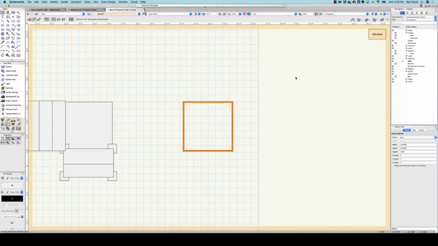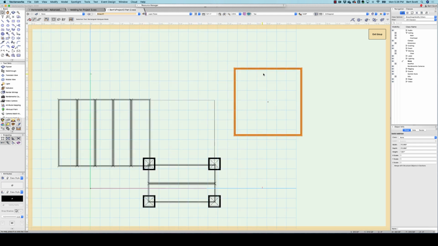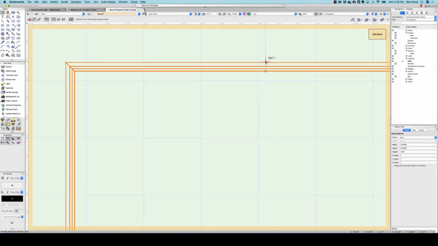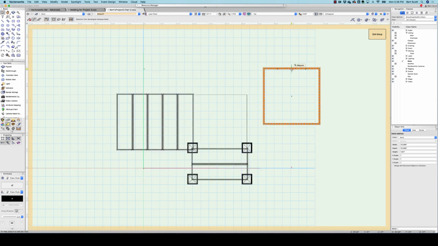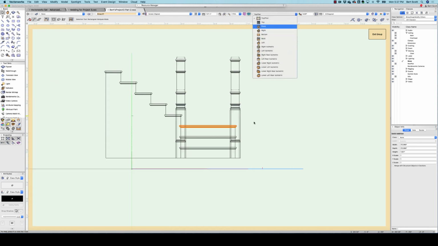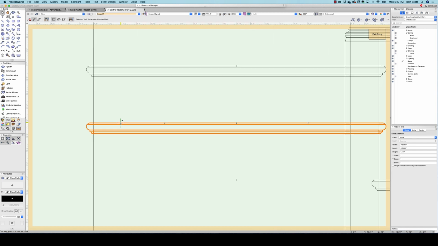Or maybe top plan. Yeah, top, not top plan. Right. So we're going to grab this by its midpoint, and this is the internal midpoint of the step itself, not the molding. I'm going to grab that there and line it up with the midpoint there. We'll go to front and maybe even to the left and make sure that it actually is in the right